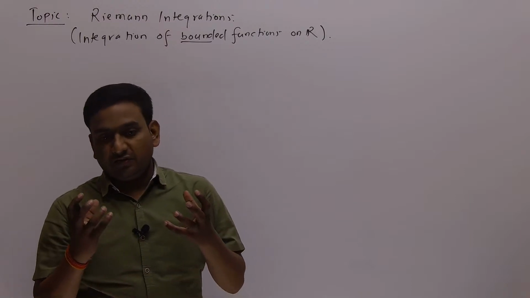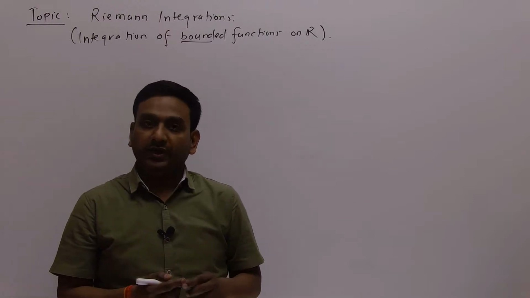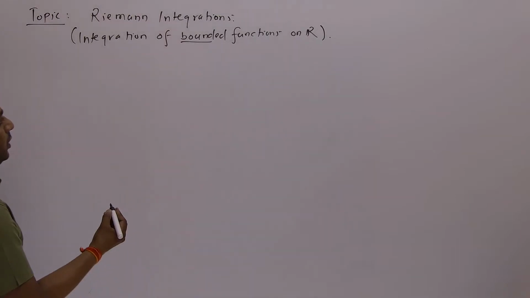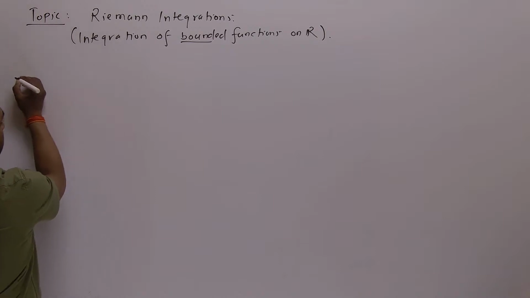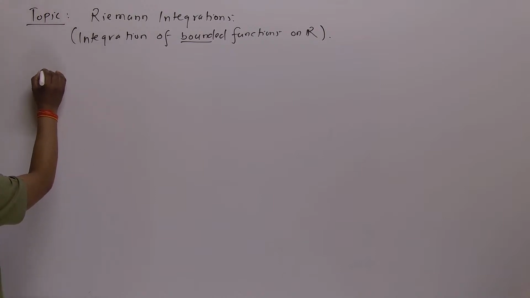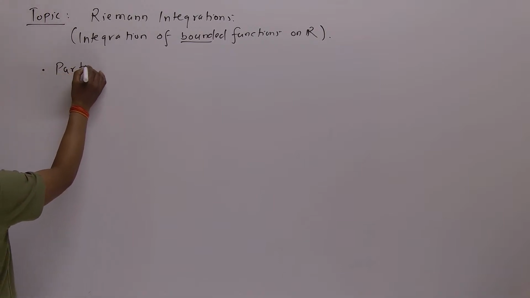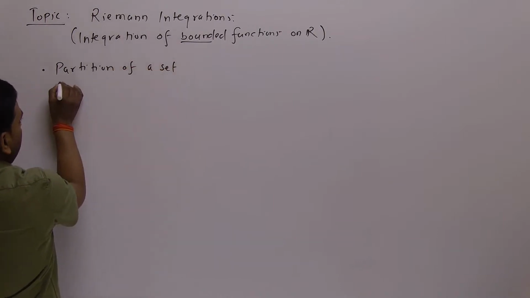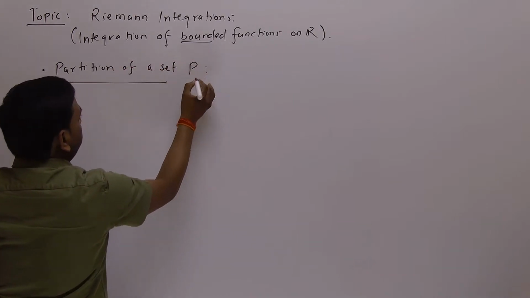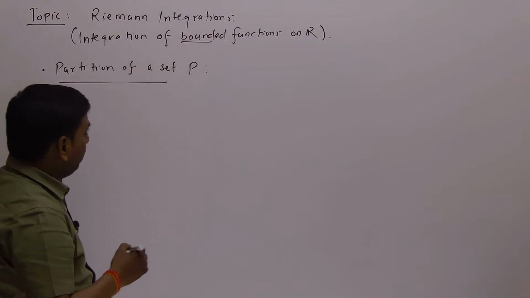Riemann integration is the basis of integration itself. If you talk about Riemann integration, you need to know about the partition of a set. What does it mean by partition of a set? For example,